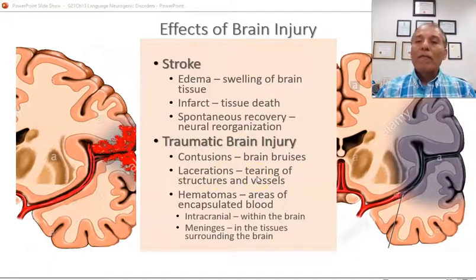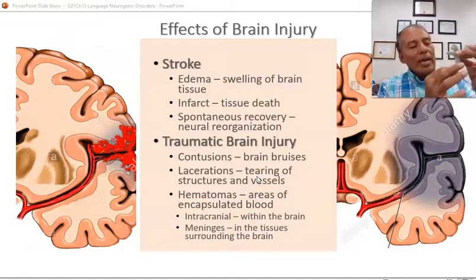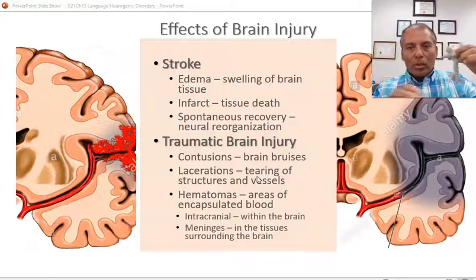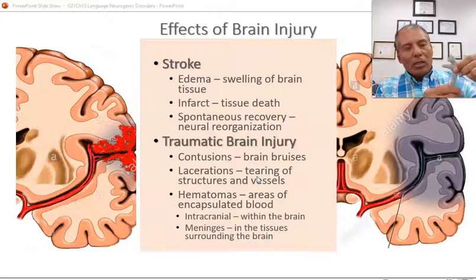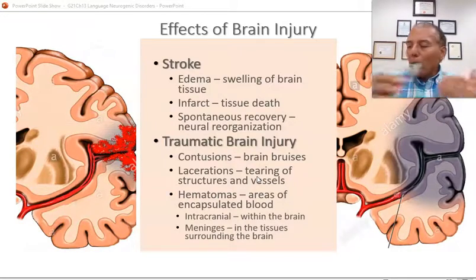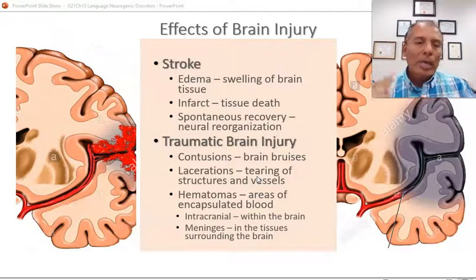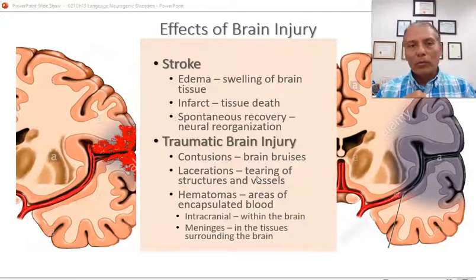structures and vessels. Remember that the neuron has a body, has dendrites, and it has an axon. These axons can be quite long. So a lot of these events lead to severing of these axons or overstretching them or choking them, a lot of things. But when that axon is damaged inside of the brain, it does not heal back. It just is a matter of a couple of weeks and it dies totally, and that's it.